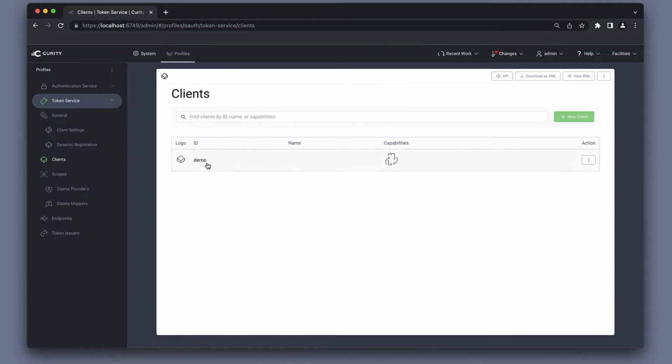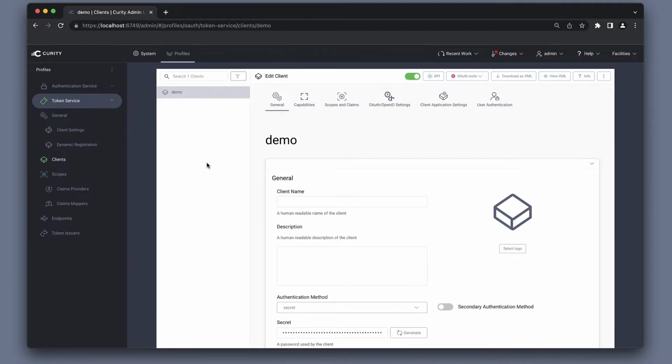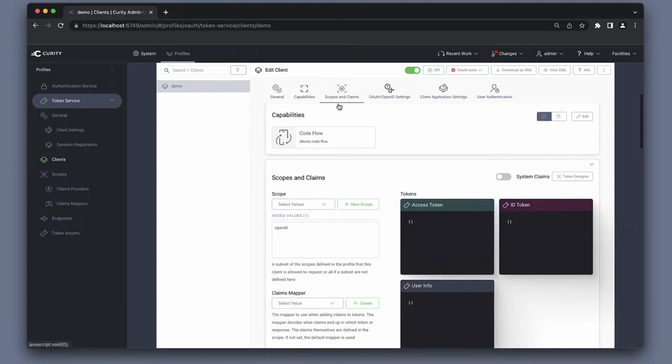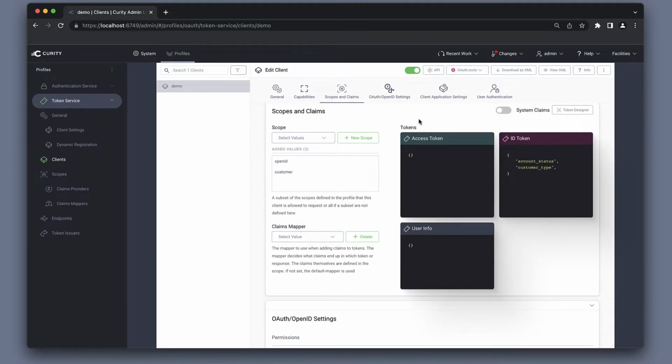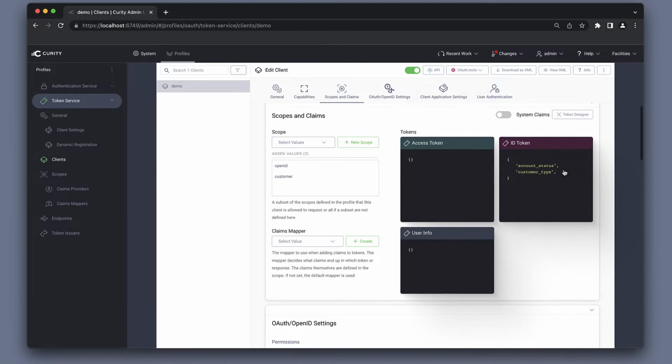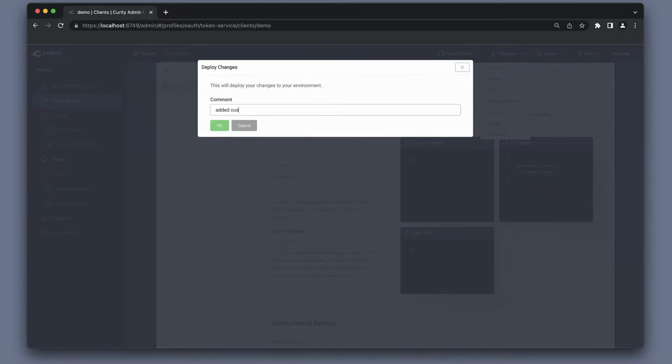Now if we go back to the client I have here, under scopes and claims, we can add our customer scope to this client, and we can then see here what the result of the ID token would be if the client requested a customer scope. If we commit these changes,